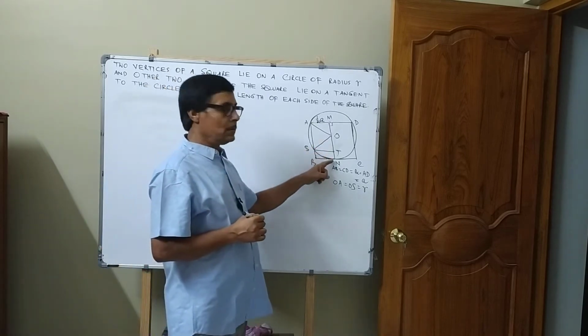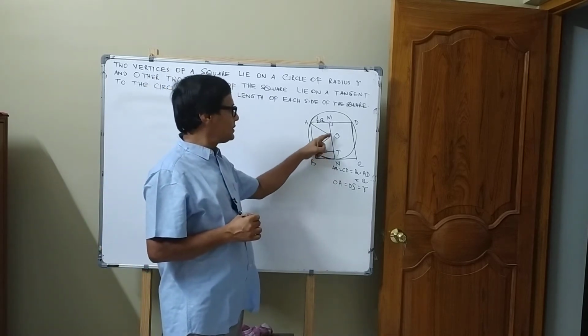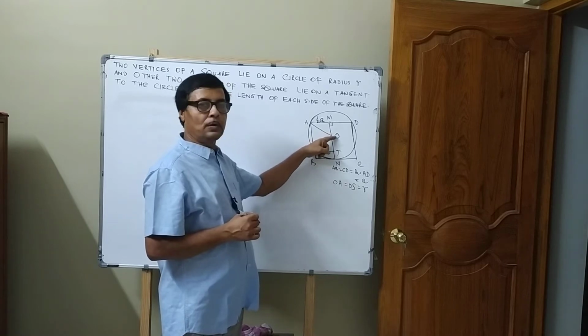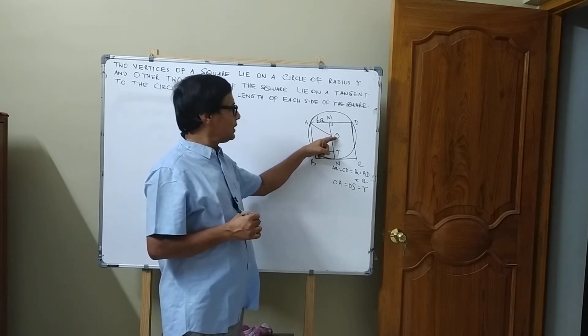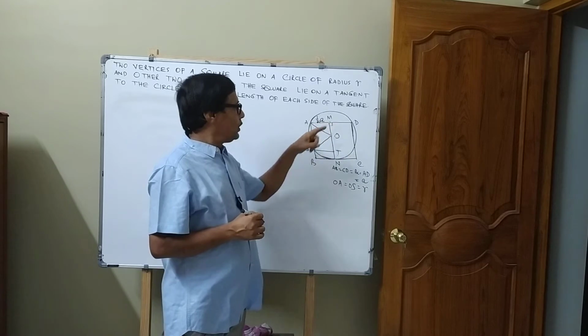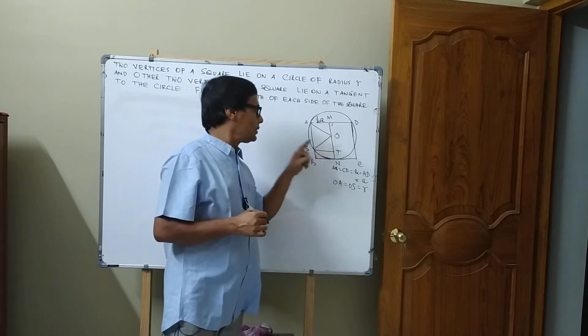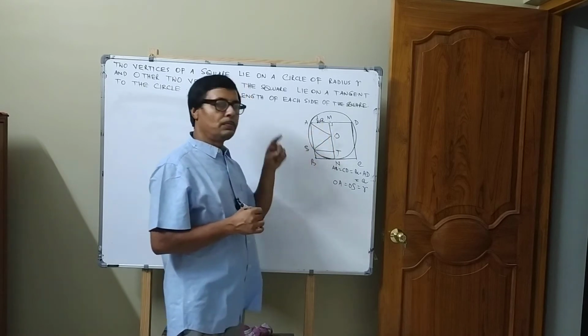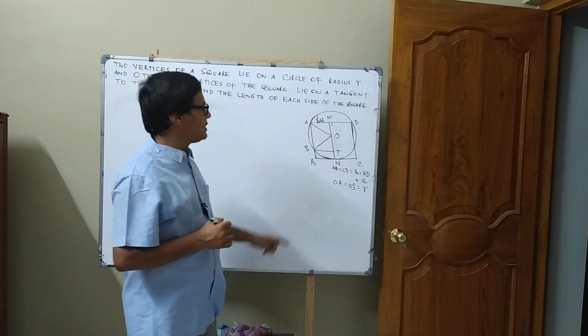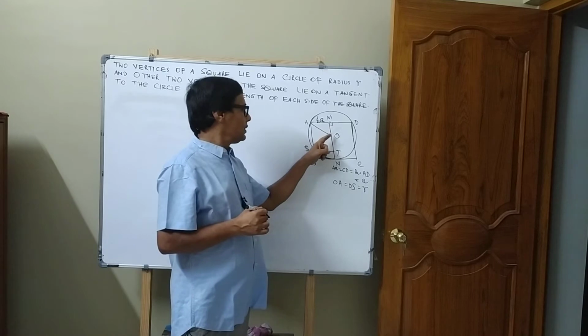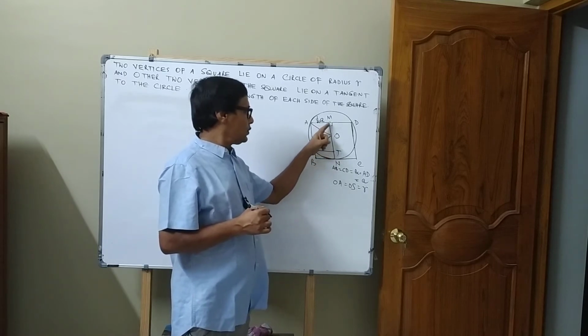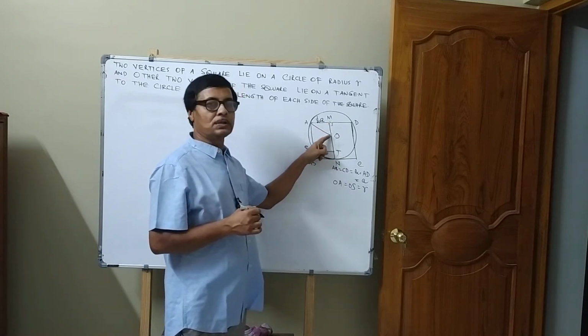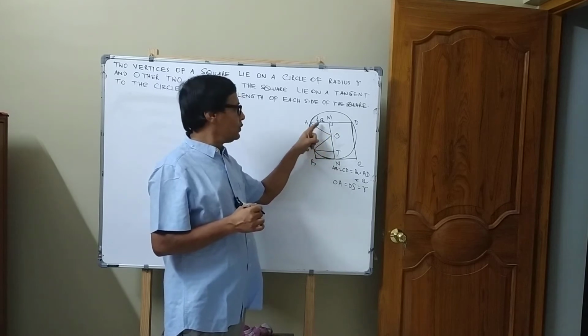So this is also a perpendicular. These two perpendiculars are drawn from the same point O, the center of the circle, to two opposite parallel lines. So these two perpendiculars lie on the same line,